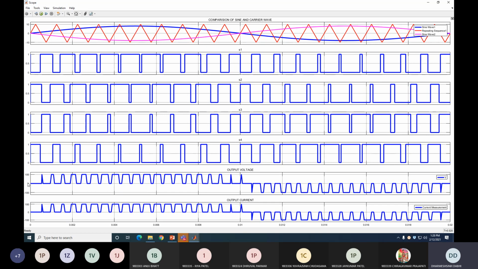So you can see that in the first half cycle you get only positive. As we move from 0 to 90 degrees, the width of the output voltage increases, and then from 90 to 180, the width decreases. So if you join each and every angle point, you get the sine. Same way in the negative half cycle also, the width increases from 180 to 270, and then from 270 to 360 the width decreases. So if you take the average, you get the sine wave half pulse in the negative direction. And this is the current waveform, which is in the same phase as the voltage because it is a resistive load. Yeah.